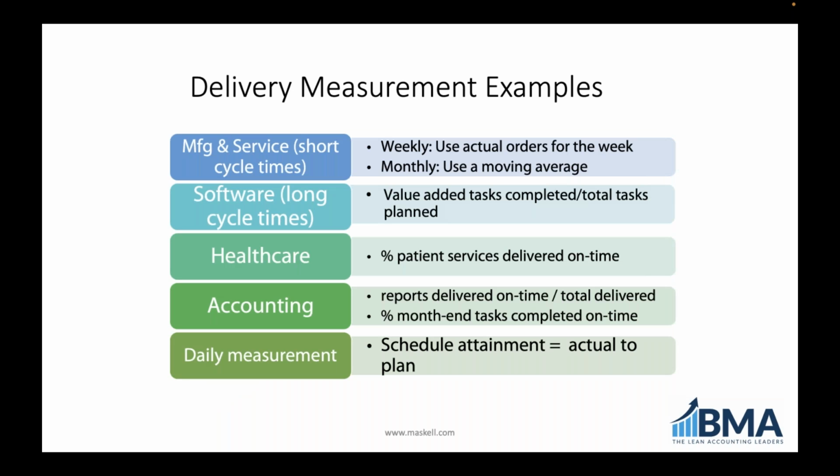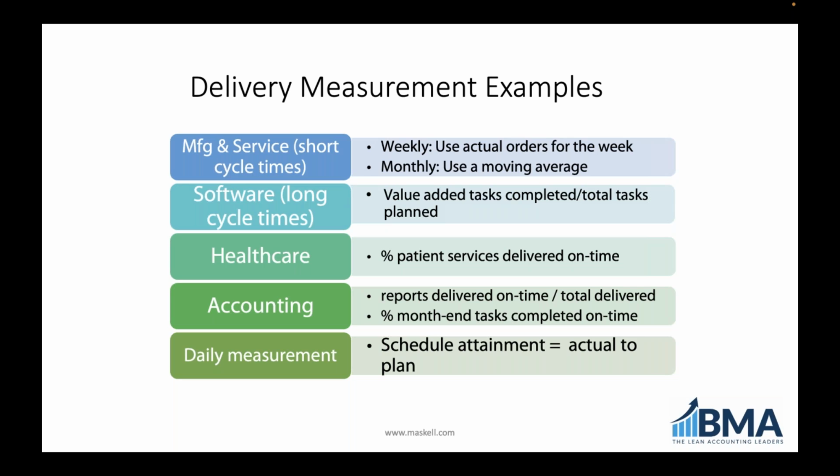So let me give you some examples. In manufacturing and service, if you have short cycle times, you can use actual orders for the week for on-time delivery. How many orders were supposed to go out, or how many orders went out during the week, how many were on time. You can use it monthly, but use an average there. What's the 3-month or 12-month moving average